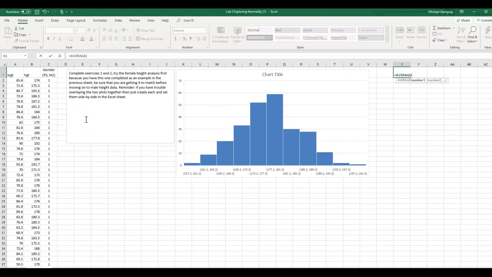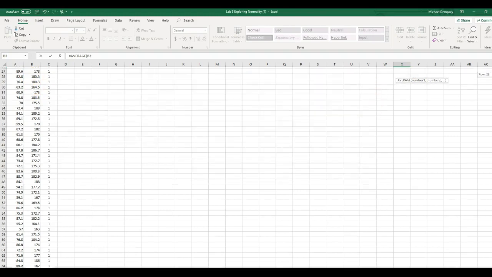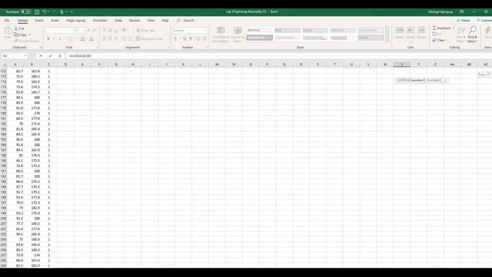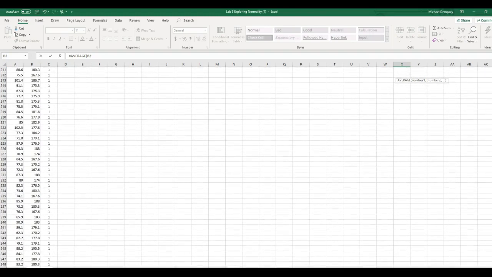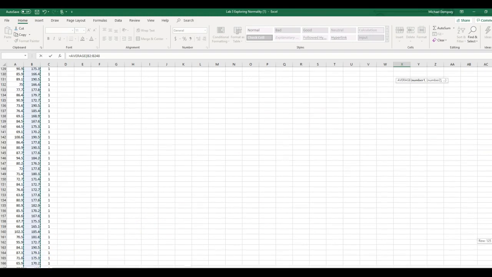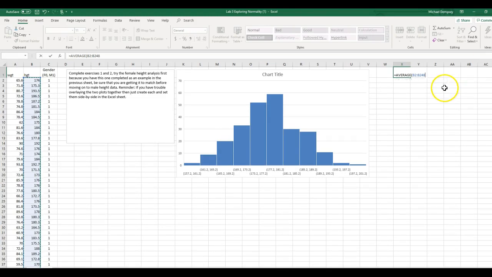Actually, this will be a good chance for me to use a shortcut that I botched last week. I want to get the average of this whole list of men's heights, right? So I'm going to click here, and this is what I couldn't remember a couple weeks ago in class, when I went blank. If I hold down the Shift key and then click on this bottom row, that's what streams down there. More to come on that. I'll revisit that. It'll make more sense. So it gives me the average male height,